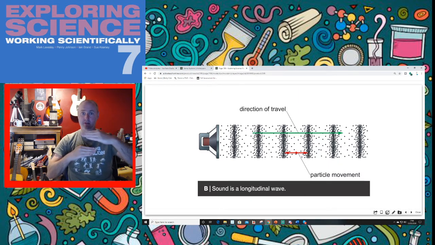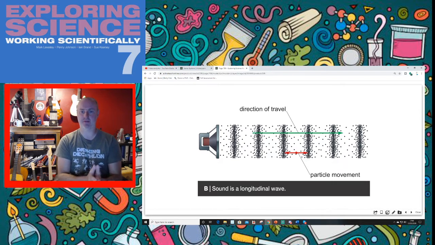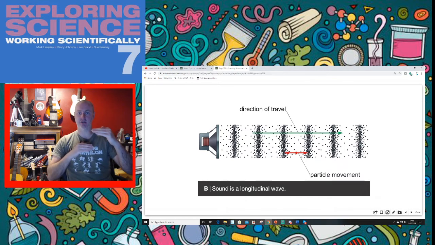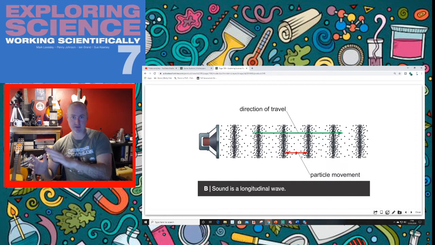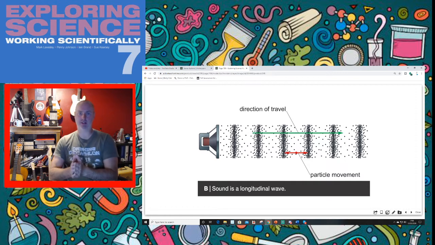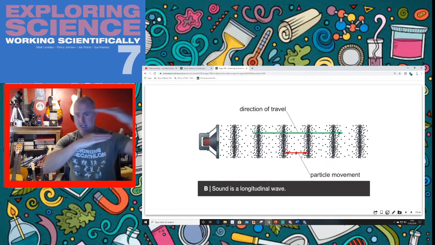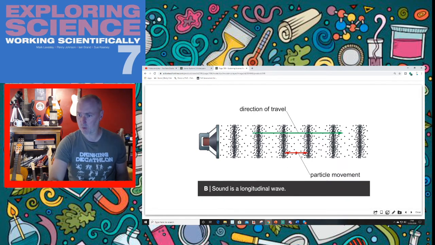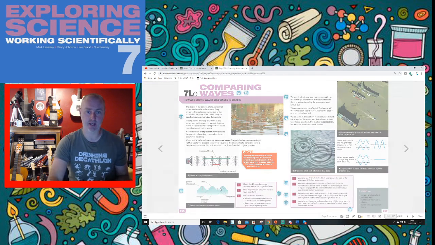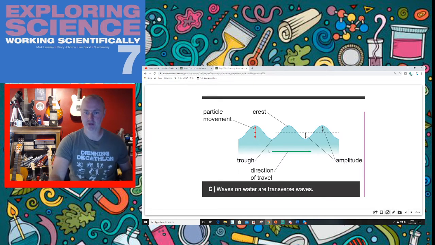Right? They're kind of parallel, and we can use that word to describe the differences. In a longitudinal wave, the movement of the wave and the movement of the particles are parallel to each other, okay? On the same plane, parallel to each other. Whereas in a transverse wave, the movement of the wave and the movement of the particles are at right angles